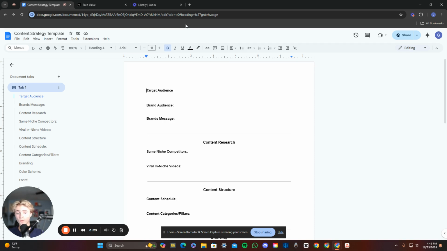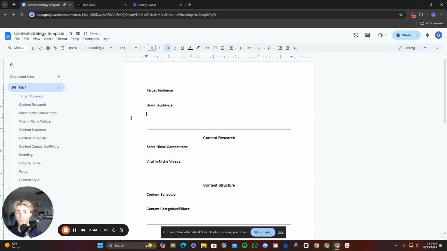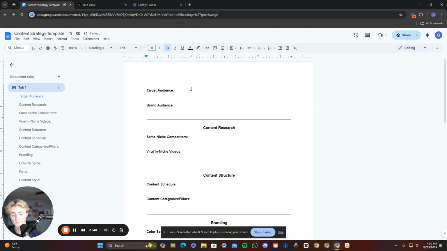And so there's a few components that go into the strategy and the method that we use to craft your strategy here at Solo Socials, what we do, what we teach here, how we're going to help you out with this. And on this doc, you'll see right here, the first thing is your target audience. What this means is that you need to break down who the target person is that you are looking for, right? Who is the ideal client profile?